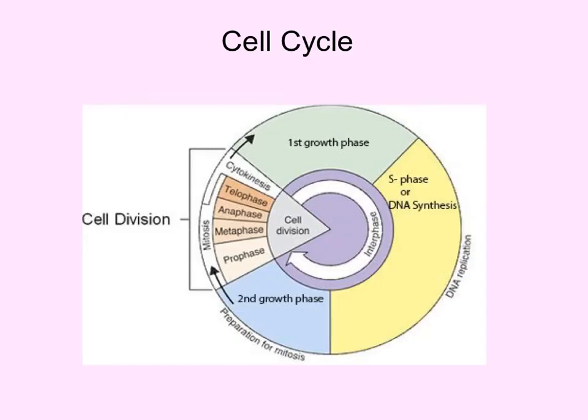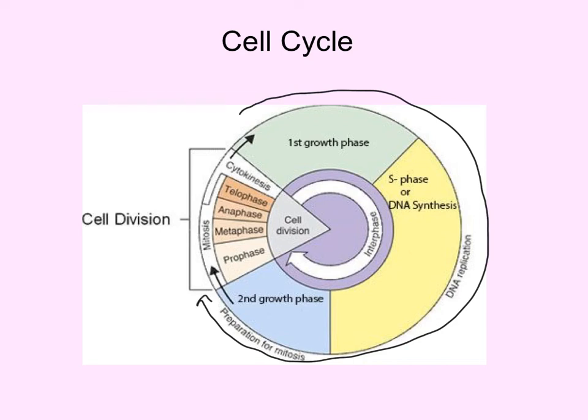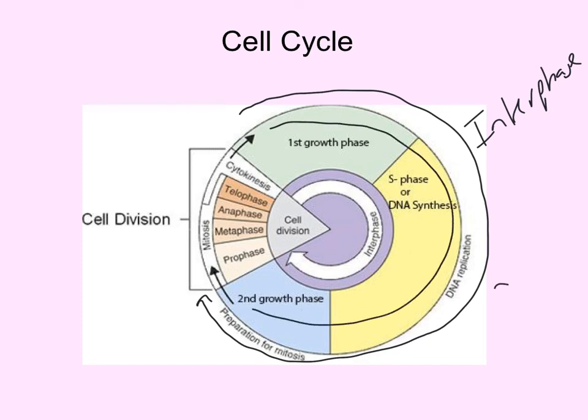All right, so here's a picture of the entire cell cycle. It's not really to scale, but this whole side of the circle, all the way from the green all the way over here to the blue, that whole 3/4 of it, that's interphase. So all of this is all interphase. So over 90% of the time,